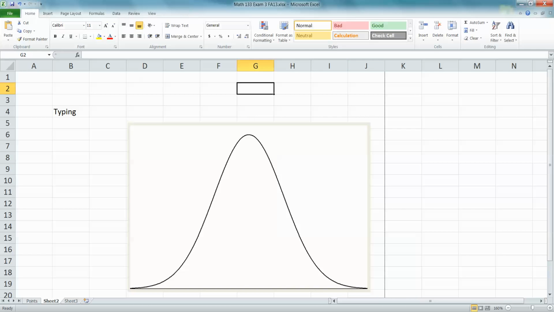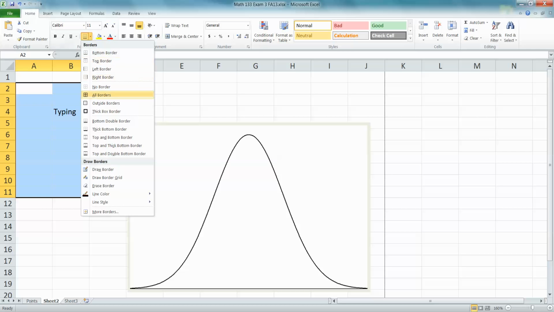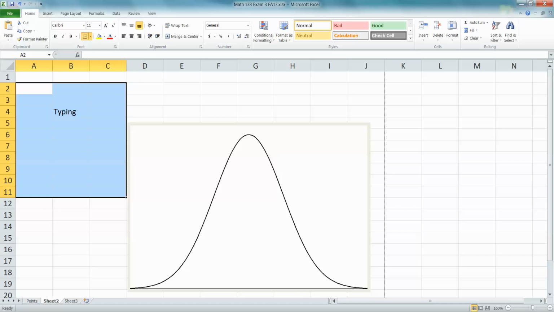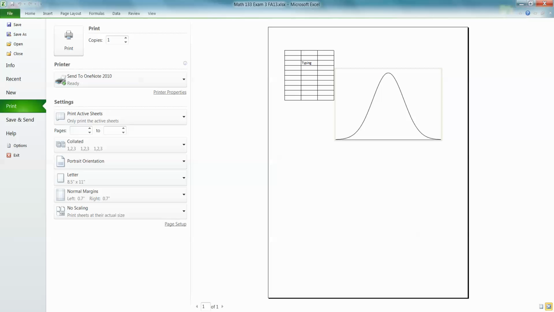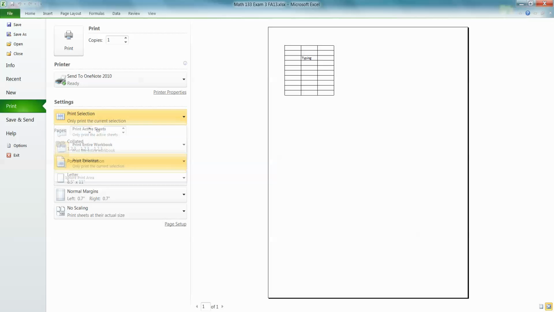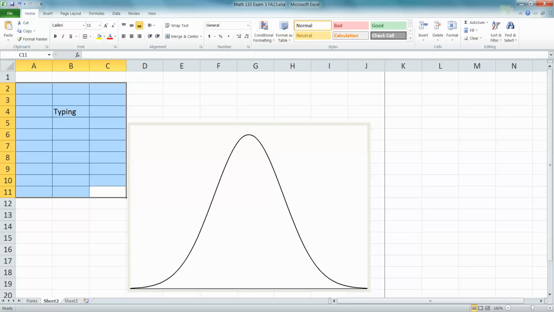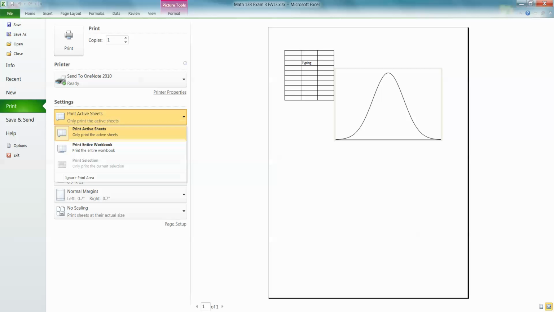And there you go. You could print the entire page with the graph, and let's say you had a table over here with some stuff in it, then those pieces would show up together. If you want, you can actually print each part individually too. You can highlight a section. Let's say I just want this table to print, and then I go to File, Print, and I would print not the active sheet, not the entire workbook, but just the selection I'm working on. Or, let me go back. If I click on the image, go to File, go to Print,